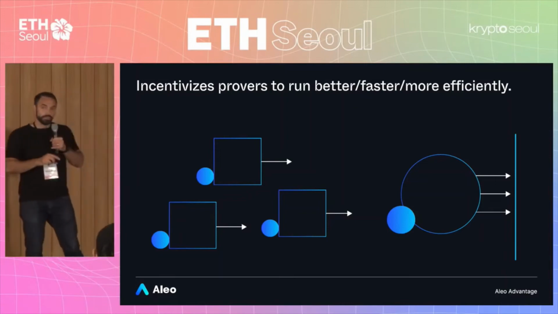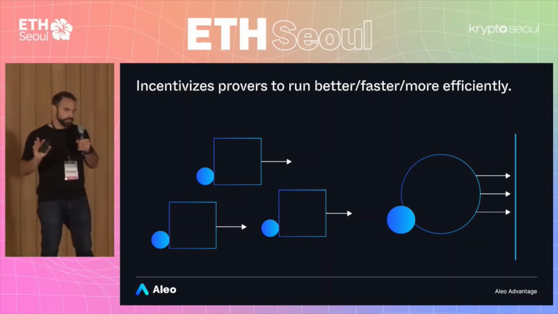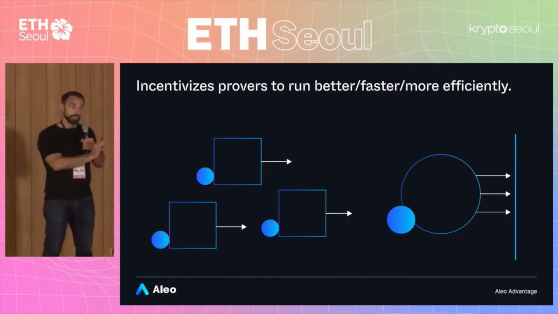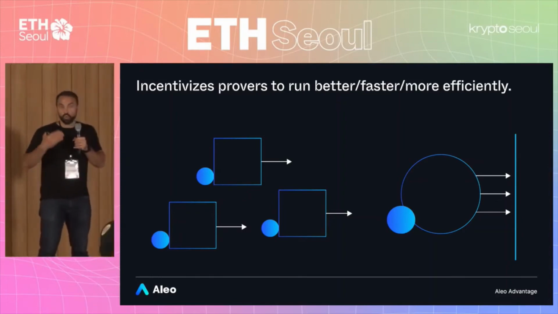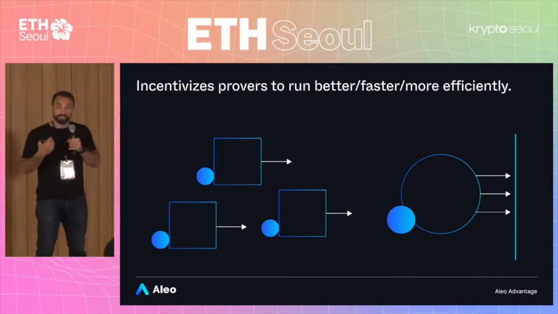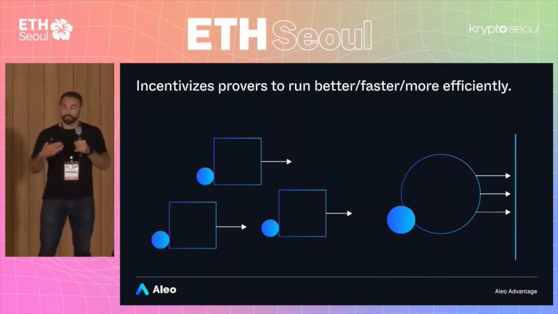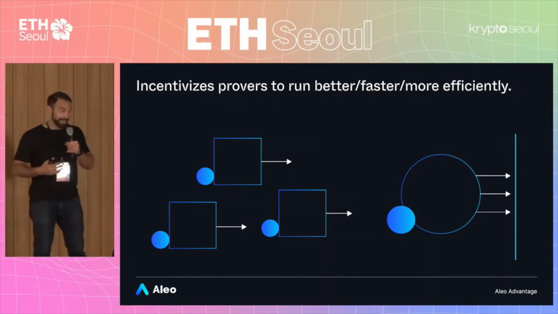Well, in Aleo, provers can actually generate proofs for the protocol for the purpose of earning some of the Coinbase rewards. So unlike some systems that are proof of stake, where it's only the validators that get rewards, in our system we actually split the Coinbase reward. Some goes to the validators for producing blocks and ensuring that they're doing their job of verifying transactions. But some of it is just paid out to the provers who are effectively doing some proof of work puzzle. And the reason why this is important is because it normalizes the returns for provers. So it incentivizes them to build better and faster and more efficient hardware over time, which then benefits the entire ecosystem, which I might add extends even beyond Aleo.